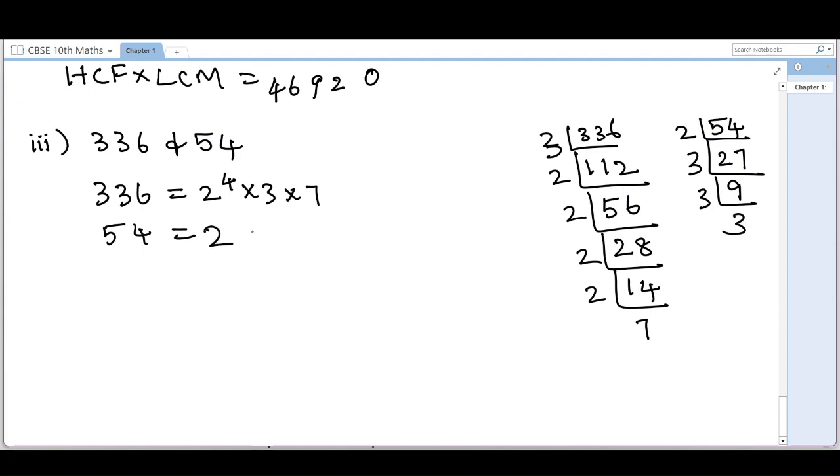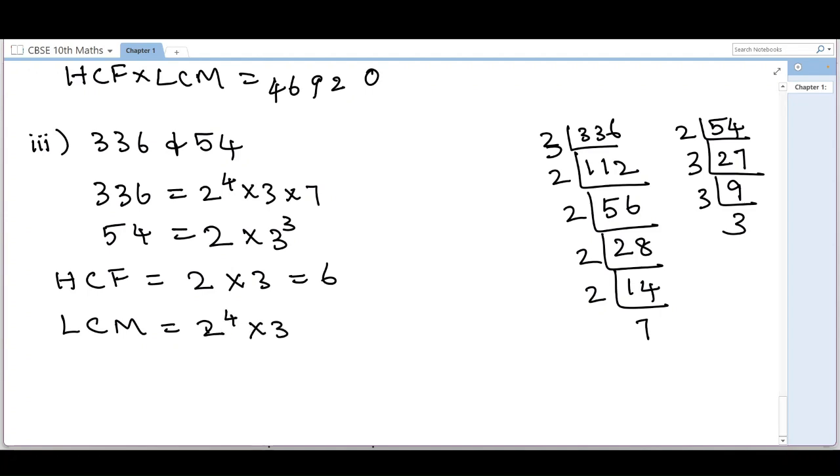So 2 into 3 cube. If you write the HCF, that is the least power of the common factors, so 2 into 3, which is equal to 6, and LCM is the greatest power, that is 2 power 4 into 3 cube into 7,